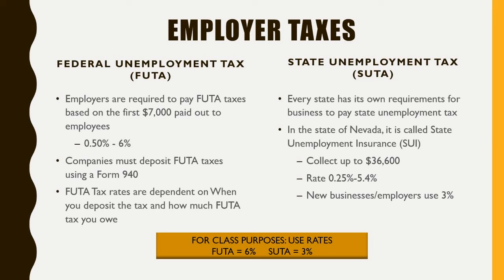Therefore, you're probably most likely going to be taxed at the highest rate. Now, we'll talk about when these payments are due because, of course, you are required to make these payments every certain time period. And we'll talk about that 940 form in a few minutes here. So now that we've established that we have to pay federal unemployment with 6% of gross pay,